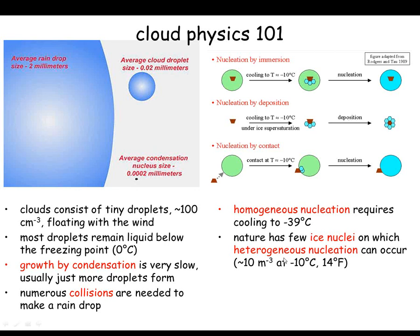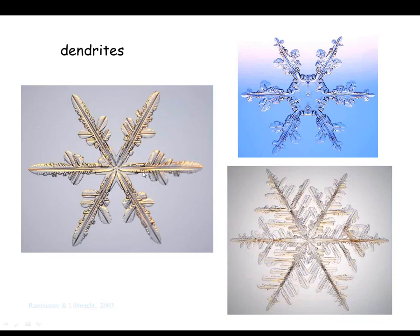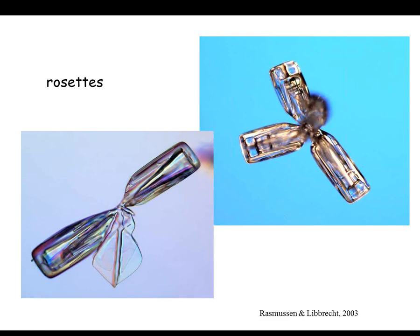So those are natural cloud processes, and these embryonic ice crystals can grow to beautiful snow crystals. In the absence of riming, you can have beautiful sector plates, for instance, or dendrites, or rosettes. These are laboratory-grown ice crystals. In reality, it's rare to find such beautiful crystals in nature, in part because riming often happens, whereby a supercooled